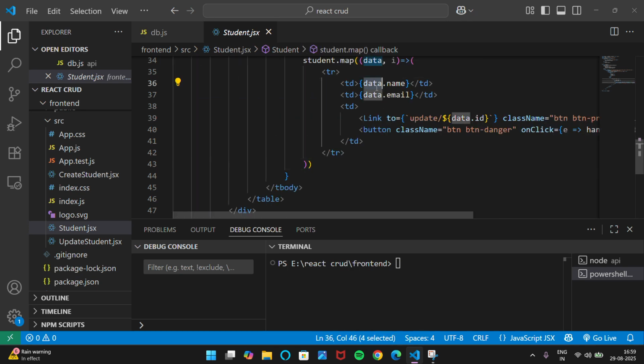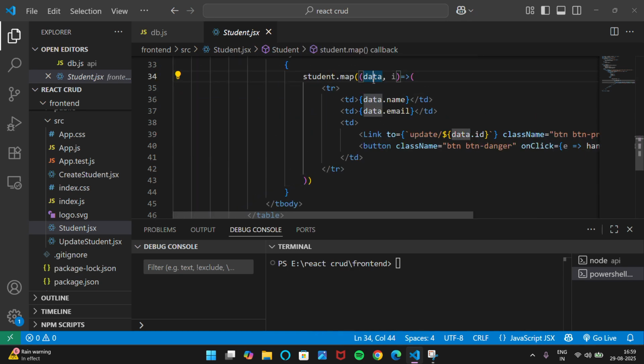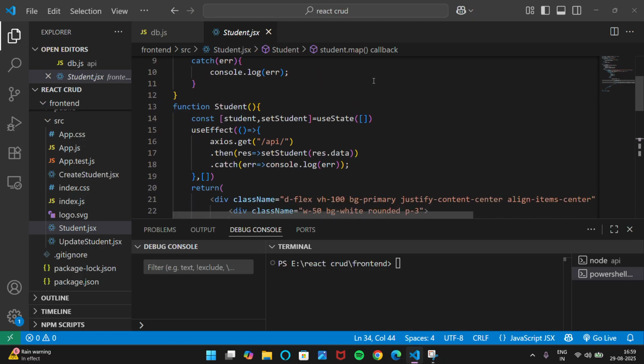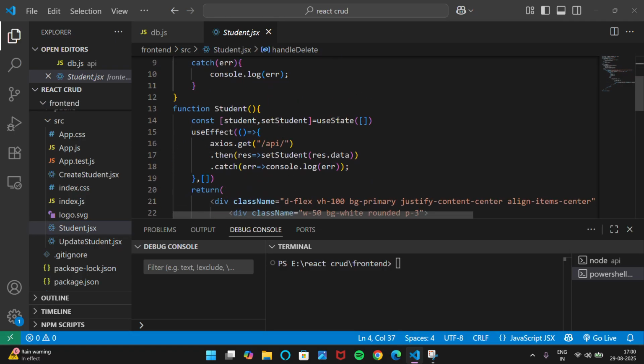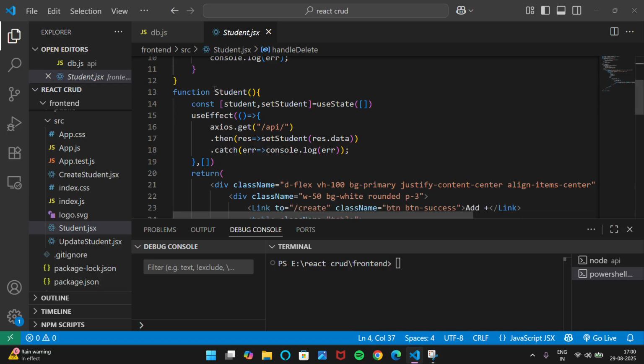First, what is data and where does the data come from? So here at the start of the function, I create student, setStudent, useState,